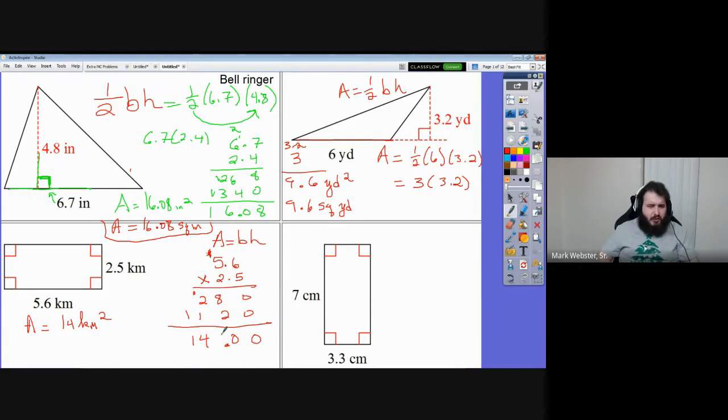Yeah, that sounds about right. But I don't care. I'm not here to do that. I'm not going to mark you wrong if you write 14.00 or 14.0 or 14. As long as your calculations are correct,